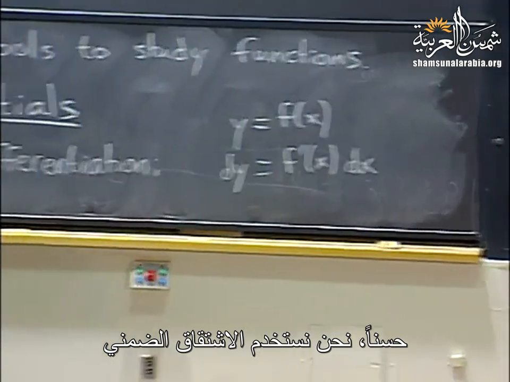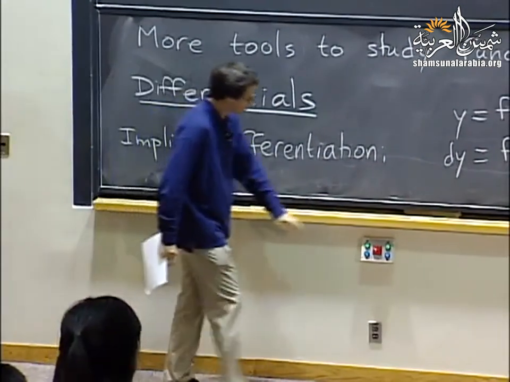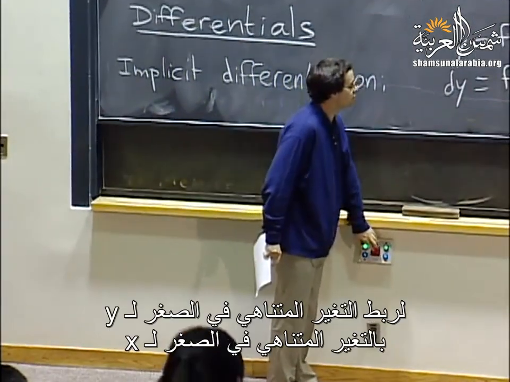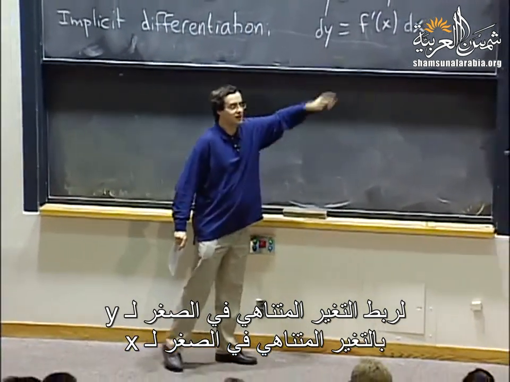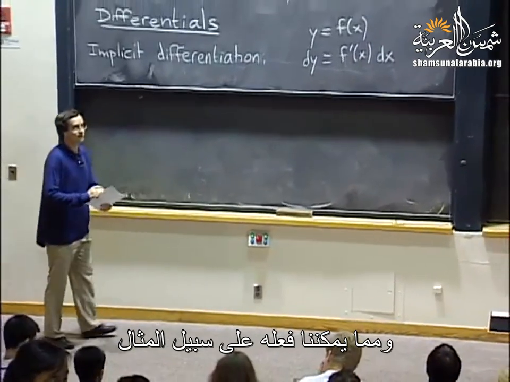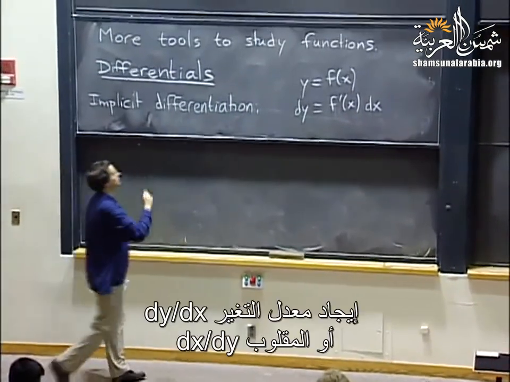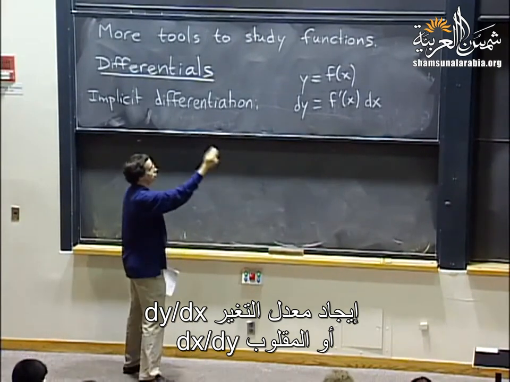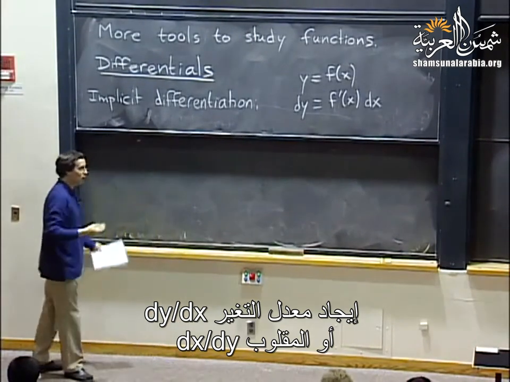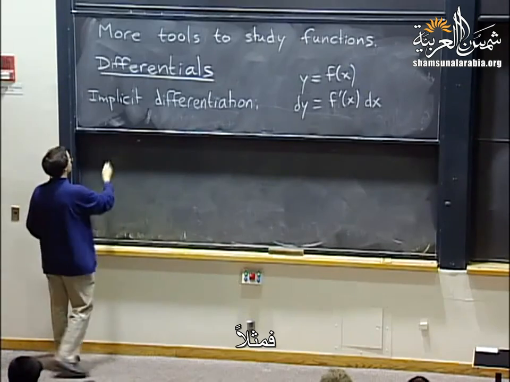So we use implicit differentiation to relate infinitesimal changes in y with infinitesimal changes in x. And one thing we can do with that, for example, is figure out the rate of change dy by dx, but also the reciprocal dx by dy. And so, for example,